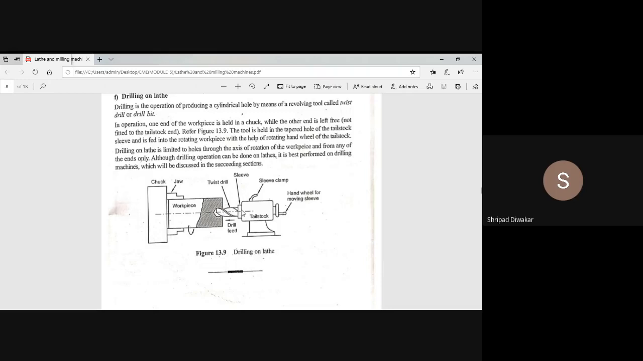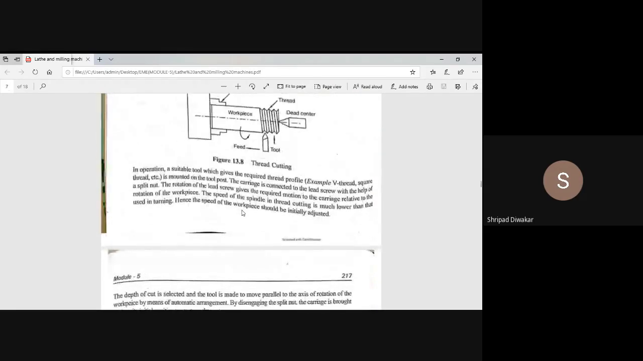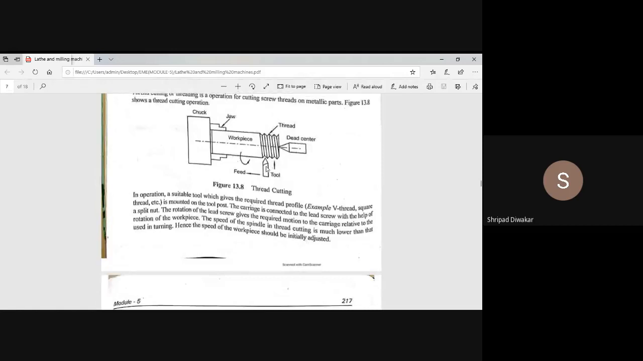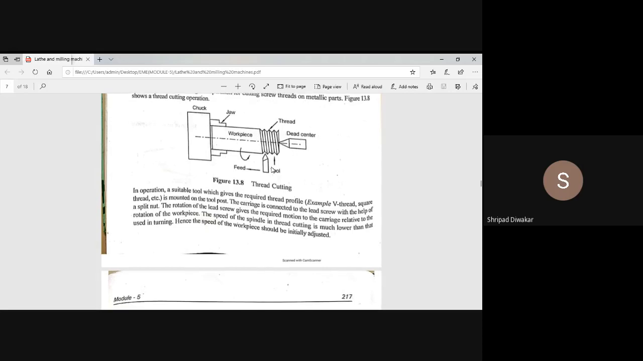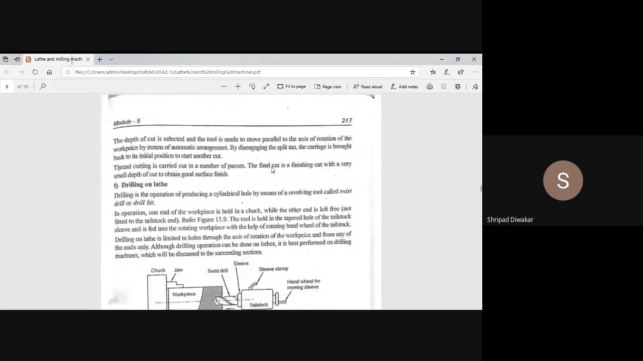But in other operations like threading or other operations, the tool is fixed. You see, the tool is not fixed in the tailstock. Here the tool is fixed in the tool post, but only in case of drilling operation, the tool is fixed